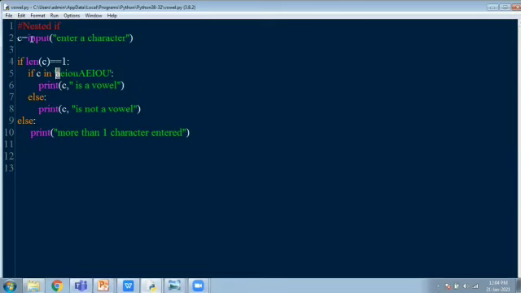Now the third example, we just like that entered WER, right? That is also a string, right? It takes that input, it accepts the input. But what is length? WER. Length gives you the number of characters entered. So WER is entered in C. So length is 3. Is 3 equal to 1? No. So it finds the matching else and it prints more than one character entered and just comes out. Got it?